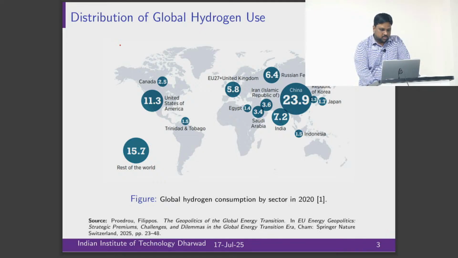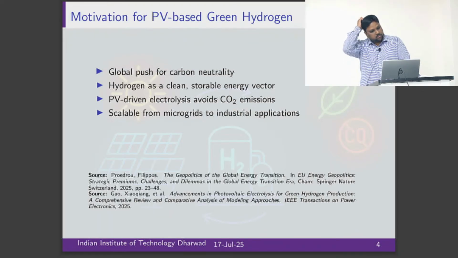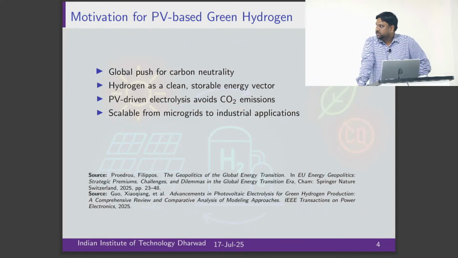Okay. Now, why do we require PV based green hydrogen? Because it is the first global push of carbon neutrality. It is a very generic statement. It is not only applicable to solar PV, it is applicable to all kinds of green energy which do not emit any greenhouse gases. From that we also know that hydrogen is a clean and storable energy sector, and PV driven technology, of course, as solar PV is involved, does not emit any greenhouse gas, and also